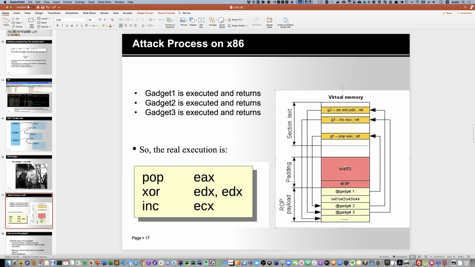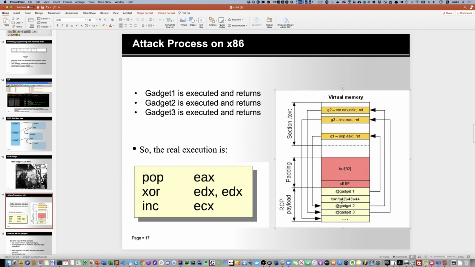So that means once we launch this stack overflow attack, they are going to jump to gadget 1 because we changed the return address to gadget 1. Okay. But that's not it. This time our payload is actually much more complicated than before, because previously we were just using dummy characters plus the return address. But this time, after the first return address, which is gadget 1's memory address, we added another